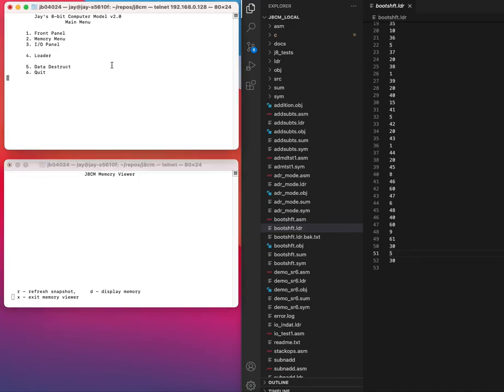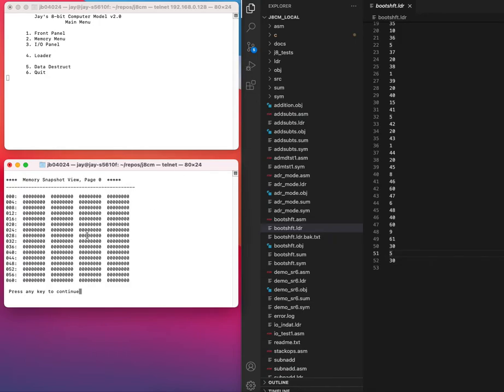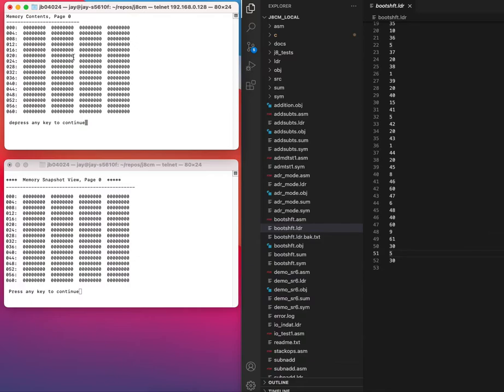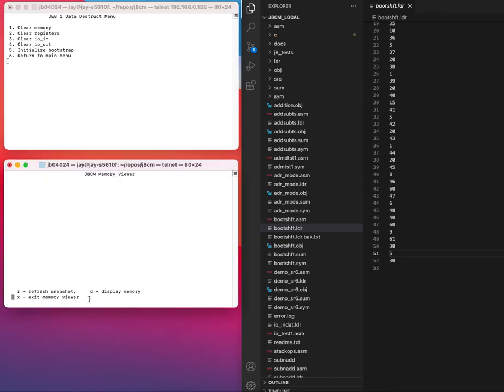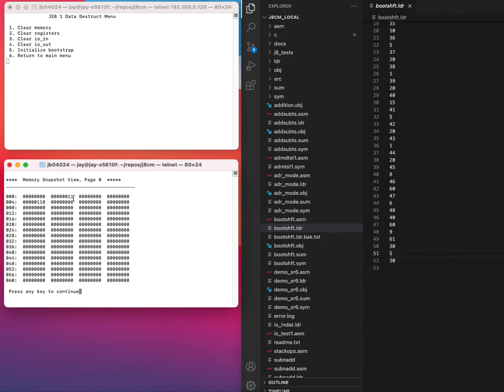So coming over here then, what do I have? Well, we can look in the memory viewer here. Oops, I keep pushing the wrong button over there. And we have all zeros in memory. You can see here that it's all zeros, so this is a snapshot of this. And if I go into the data destruct, that's where I have the initialized Bootstrap. So I just press that real quick, and then if we come down here and hit refresh, we can see that it wrote a couple of bytes of data into the